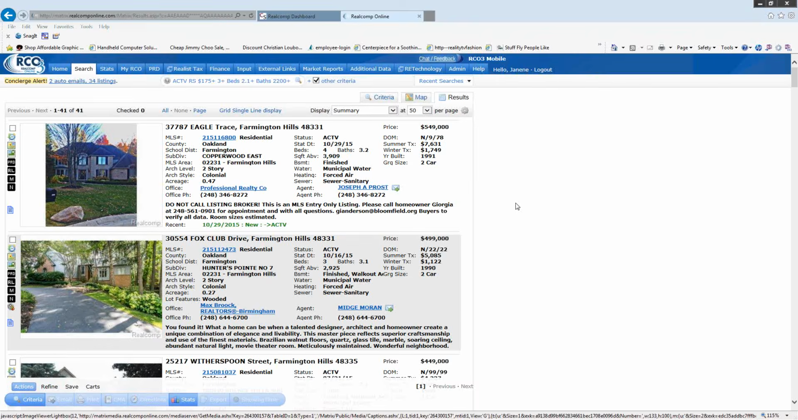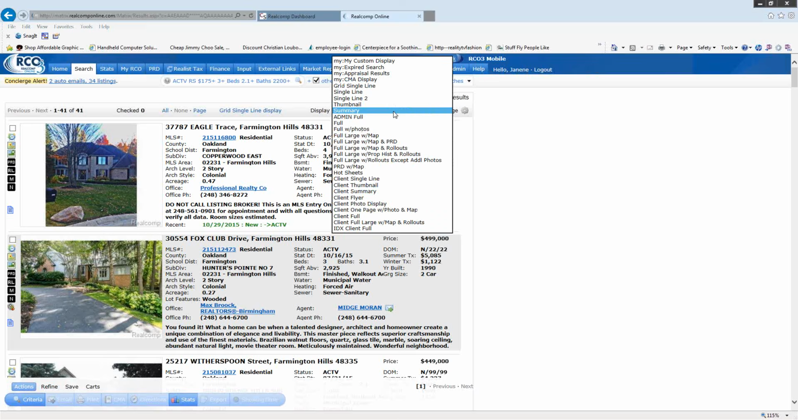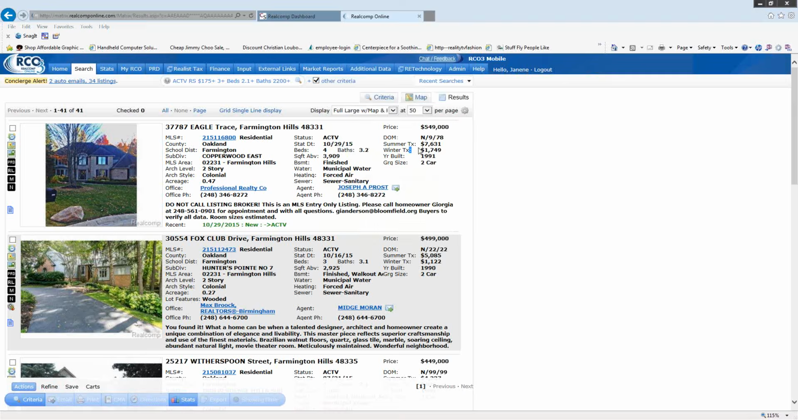If I'd like to dig a little deeper and look at a report just for one property at a time, I'm going to go back up to the top where it says display, click that down arrow, and out of all the reports we have when looking at single properties, I'm going to strongly suggest that you use the full large with map and rollouts. Everything you need is here. Although all of our other reports are great, this one has everything you need at one click. So the full large with map and rollouts per property. I'm going to give that a click,